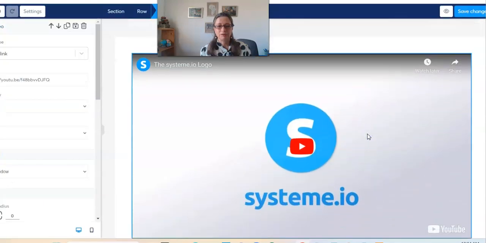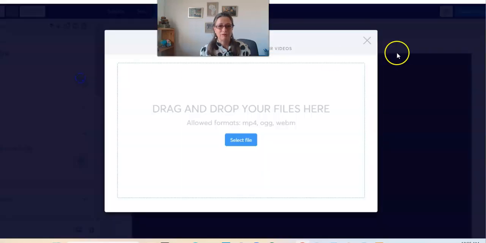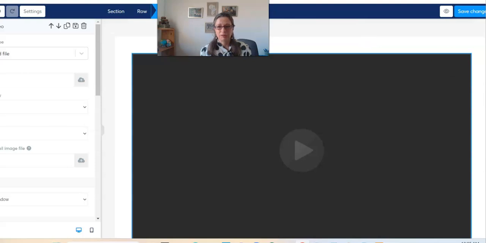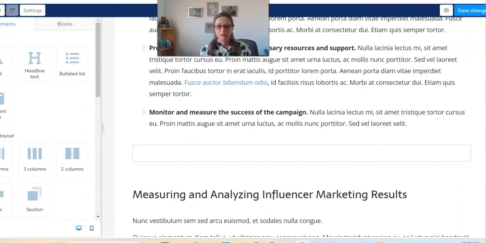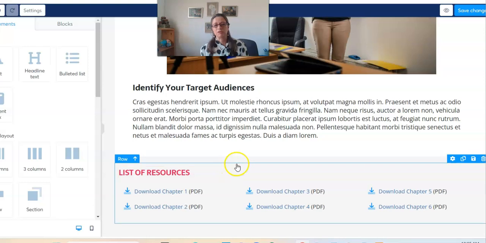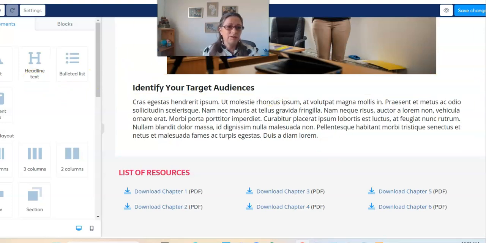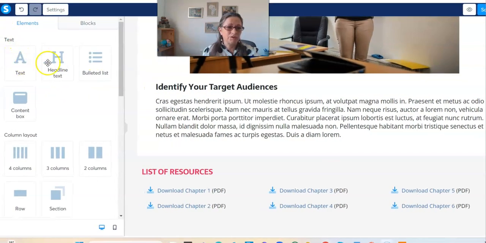Same thing with the video. That's where you're going to edit. You can either do a link or you can upload. If you want to upload, you go there, right? Drag and drop. Okay, and you could delete all of this and just do your own thing. I actually found this quite useful when they do the resources at the bottom, because that's where you can put useful links for people. And just looking at all the options on the left, you can do text, headings, a list, a contact box,